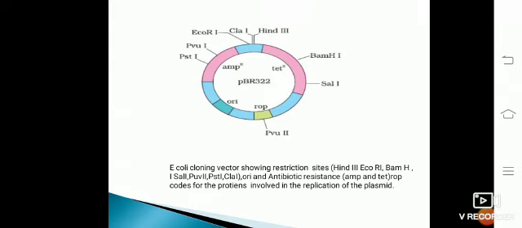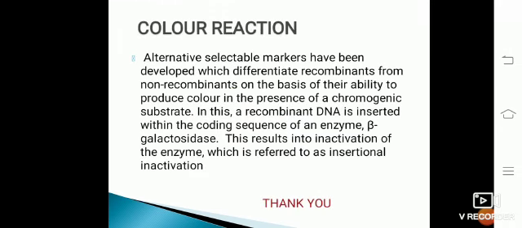So this vector is used in making recombinant DNA copies. Whatever the desired DNA we have to make, we use this vector. This is a vehicle to transfer the foreign DNA into the bacterial cell. The foreign DNA, that is the desired DNA or gene of interest, we have to make multiple copies of with the help of this plasmid in the host bacterium cell.